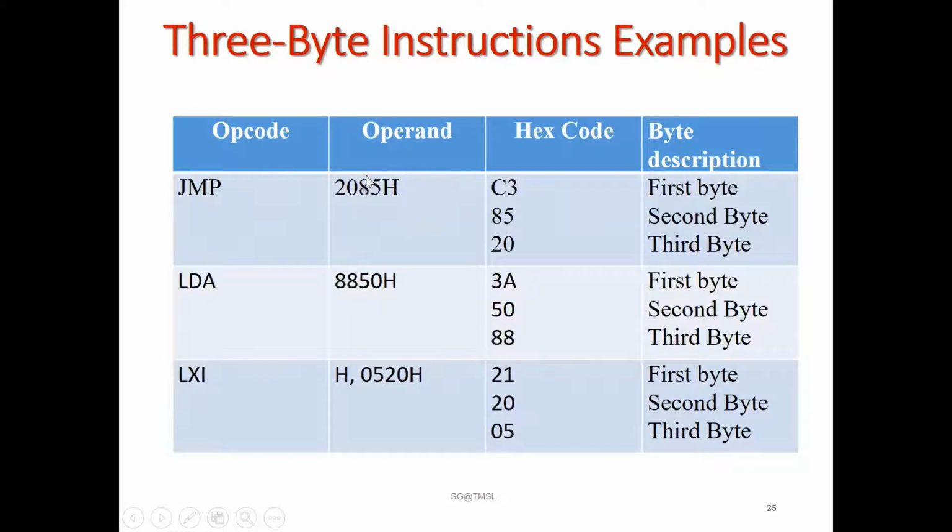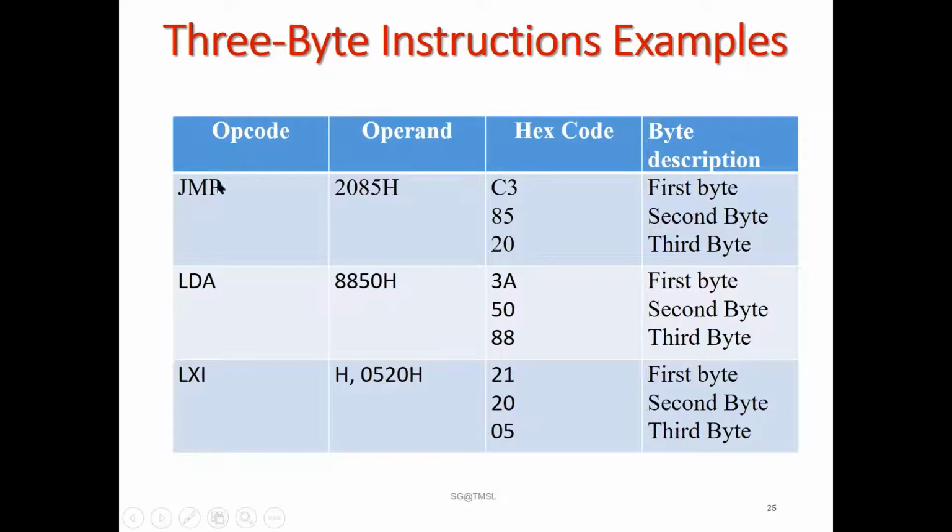The lower 8-bit will be processed first, then the upper 8-bit. To store the lower 8-bit, you need another memory location. So the code of JMP, C3, will be loaded in one memory location. Then the next memory location will be used for the lower 8-bit of your memory location, and the next one for the upper 8-bit of your 16-bit memory location. So 3 consecutive memory locations are required. That's why it is a 3-byte instruction.